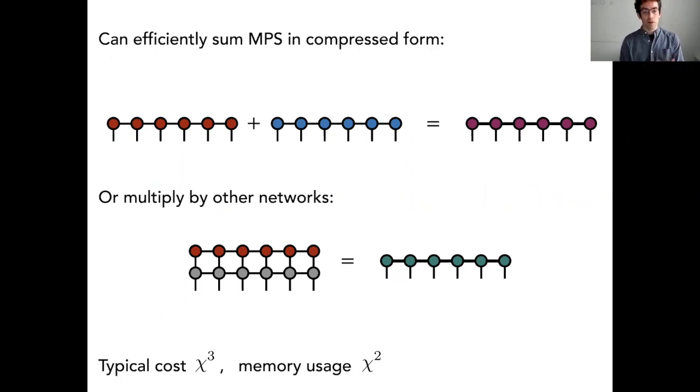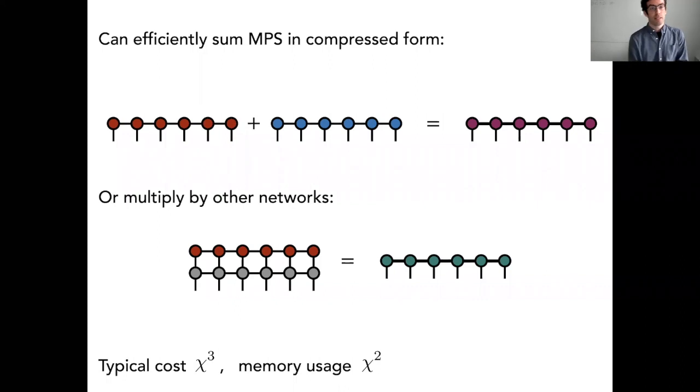Once you're working with tensors in this MPS form, which is the best understood tensor network, and I'll tell you about some others very briefly in a minute, but this is the main tensor network I want to talk about, then there are all these different algorithms that you can do, and this is only some of them. You can sum two MPS while keeping everything in a compressed form with a low polynomial cost. Generally, all these algorithms scale as bond dimension cubed, and memory usage is bond dimension squared. And then you can adapt the bond dimension of the result, so it can grow if needed or even shrink in some cases, and it's all adaptive and you can control the error.